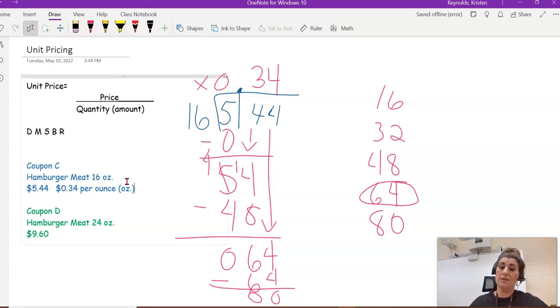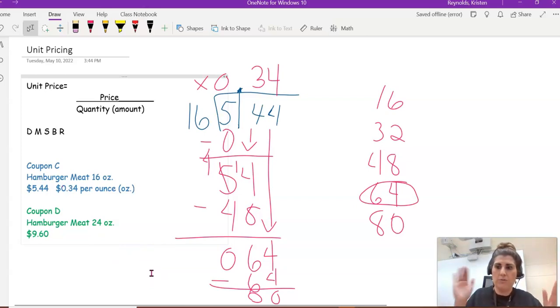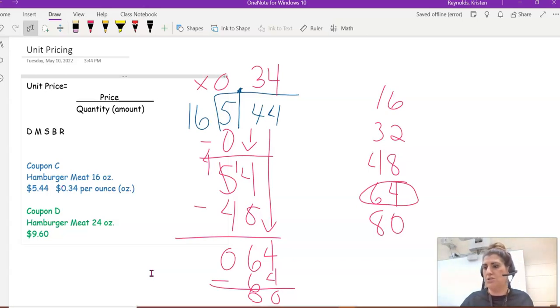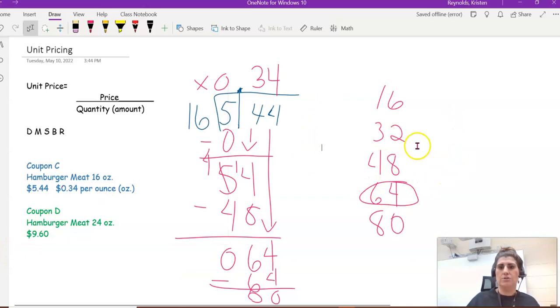That is how we abbreviate the word ounce. Or you can write it out, which is OUNCE. Why it's abbreviated OZ, I don't know. That's just one of those things. It's just a rule. All right, so now let's go ahead and take a look at what we would do